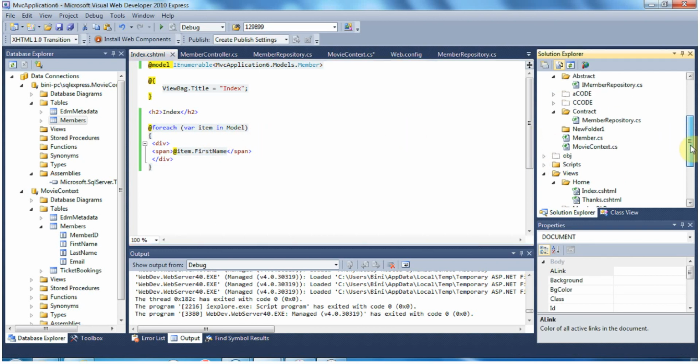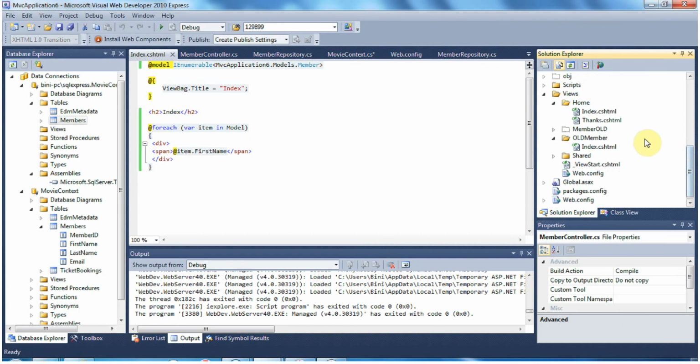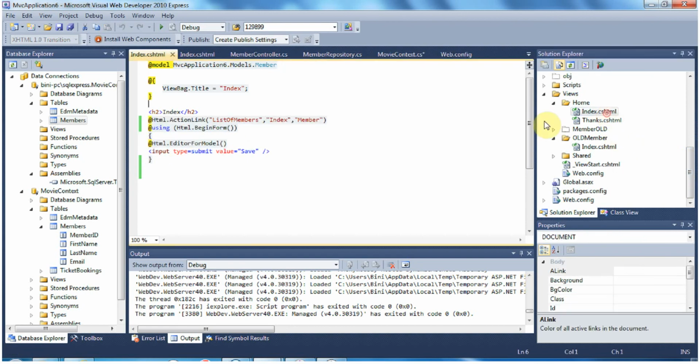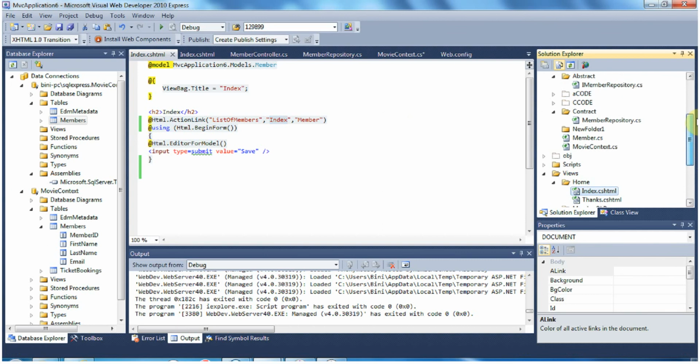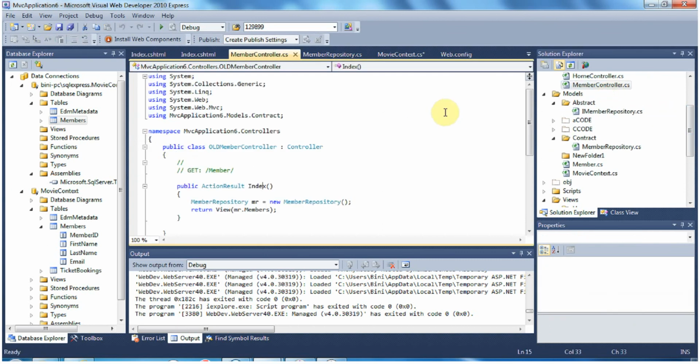And if you go to the index page of home, I added the action link called list of members. That's the link name, and I'm telling it to go to the index page of member actions, the member controller index action. So in this one, go to the member controller, delete this member controller, and get the index page. So if you run this code,